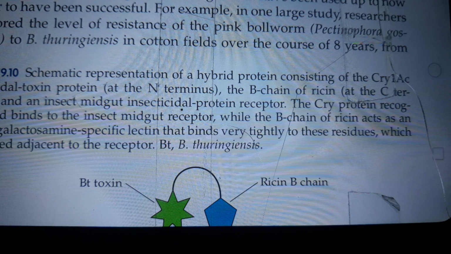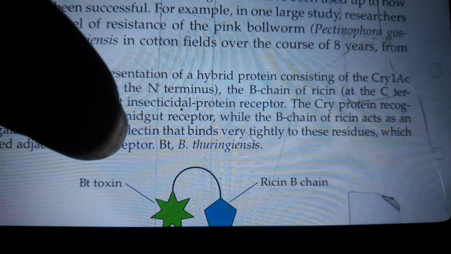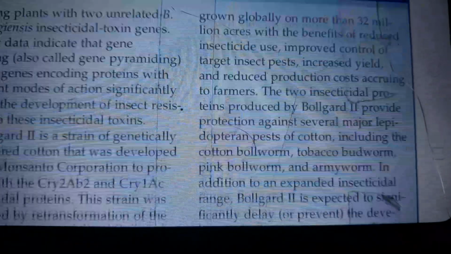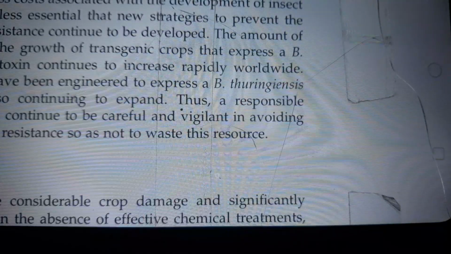For example, in one large study, researchers monitored the level of resistance of pink bollworm, Pectinophora gossypiella, to B. thuringiensis in cornfields over the course of 8 years, from 1997 to 2004. They found that